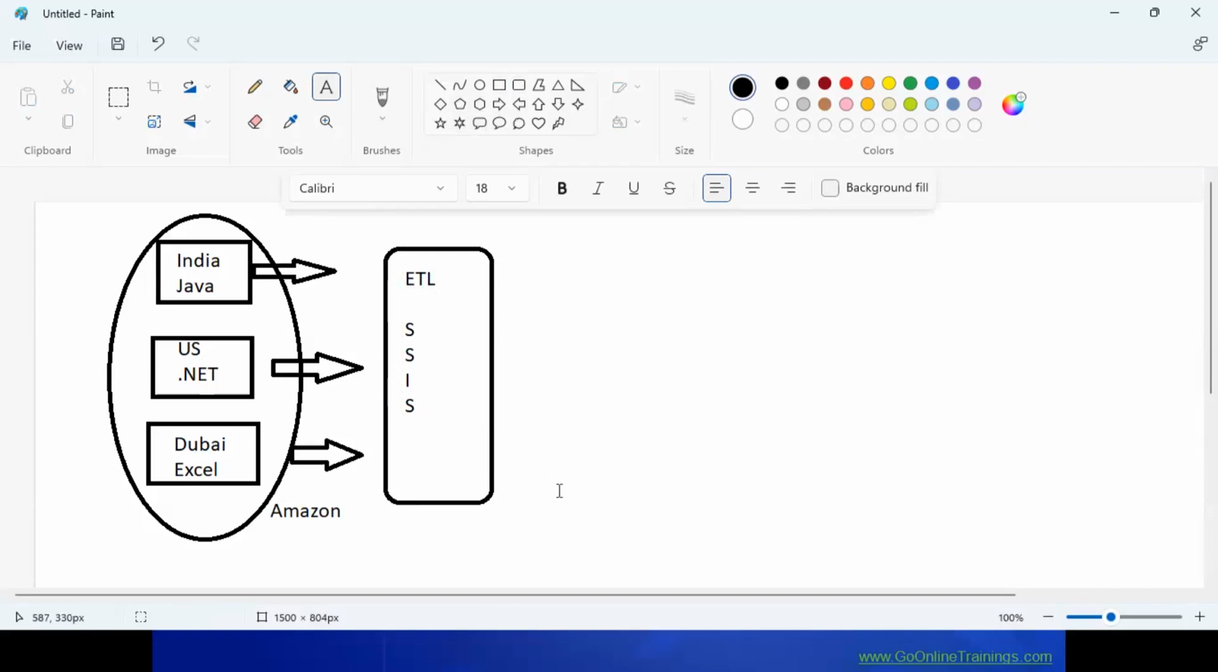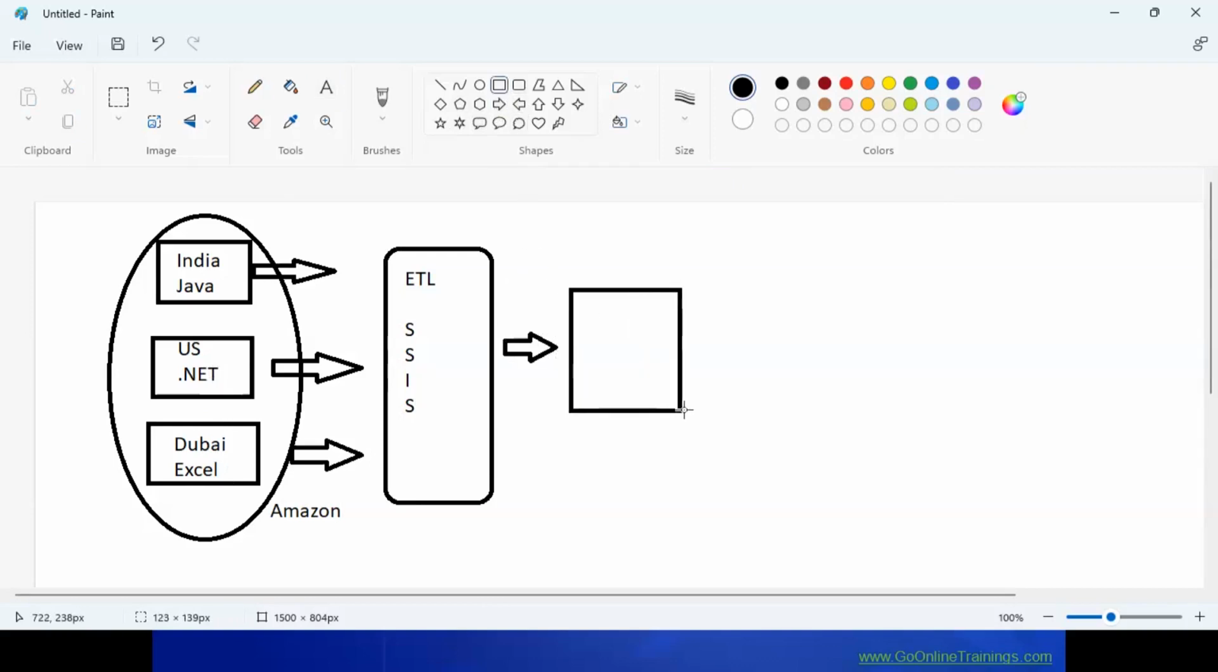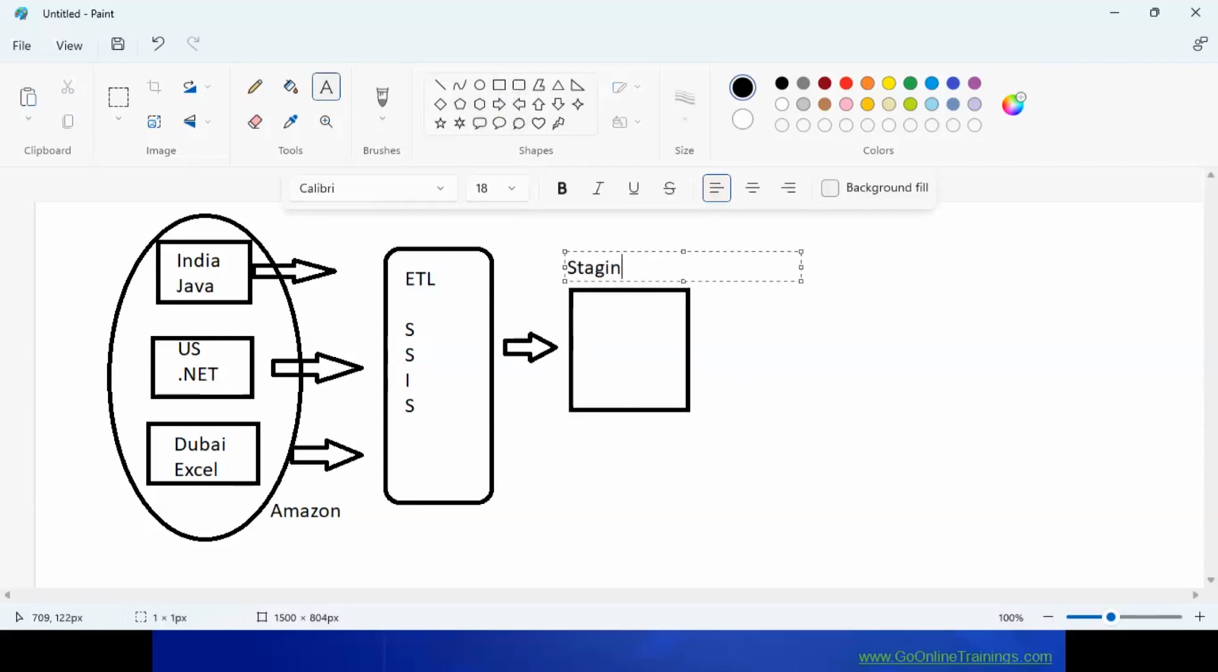Clear? So SSIS means SQL Server Integration Services. It's going to be getting the data from here, getting the data from here, getting the data from here. It may be Java, .NET, Excel, doesn't matter. All the data SSIS is going to be dumping into a bigger server. This server is called a staging server. Staging means temporary, and this server is going to be installed with a software called SQL software,